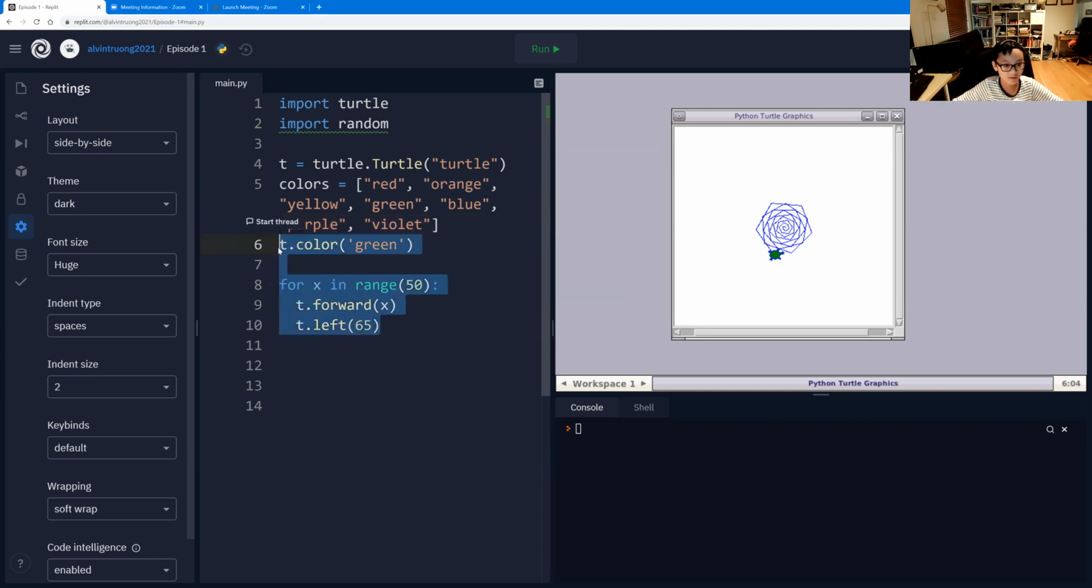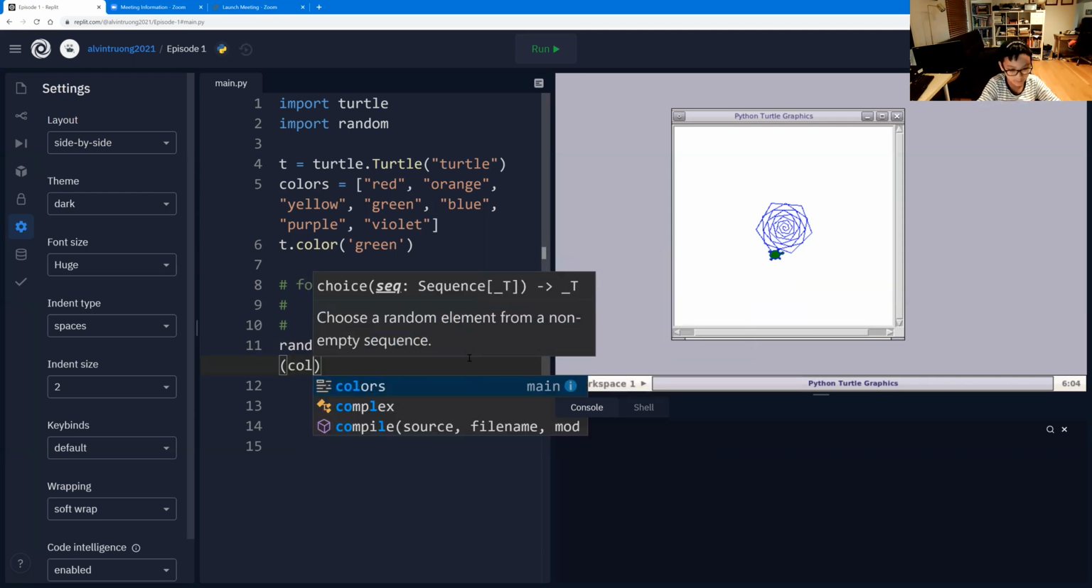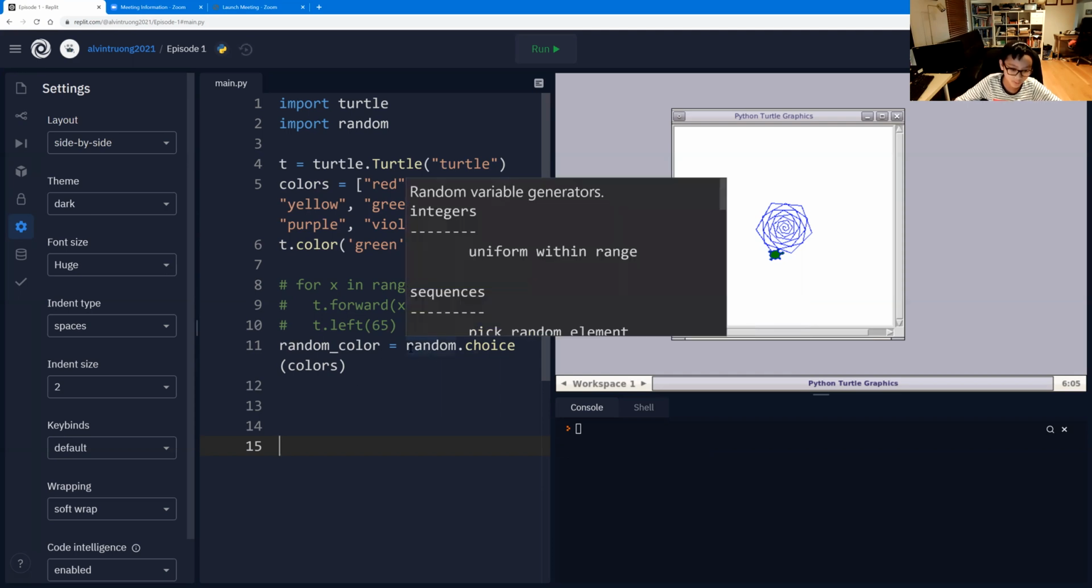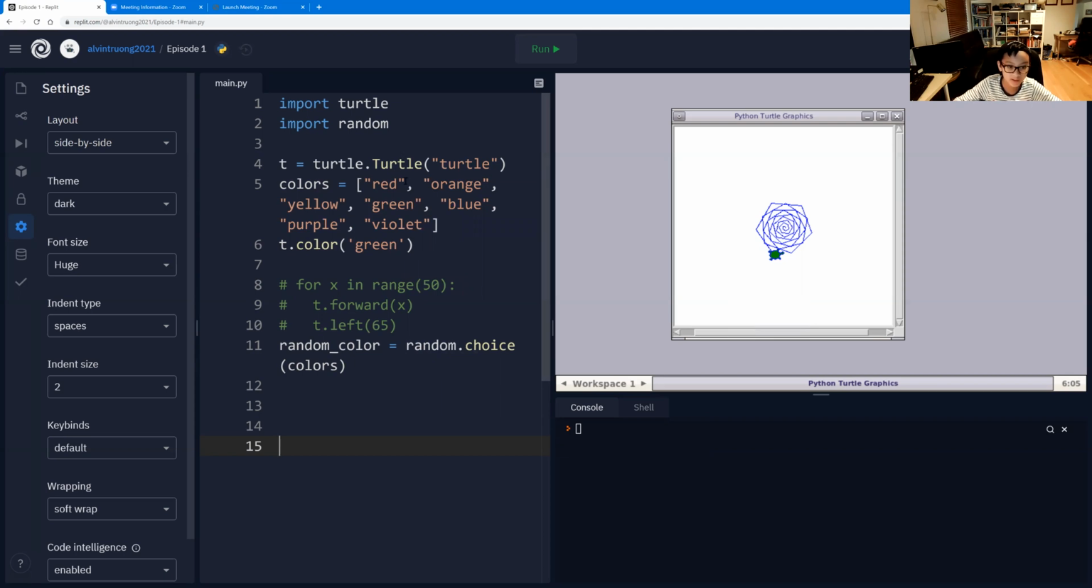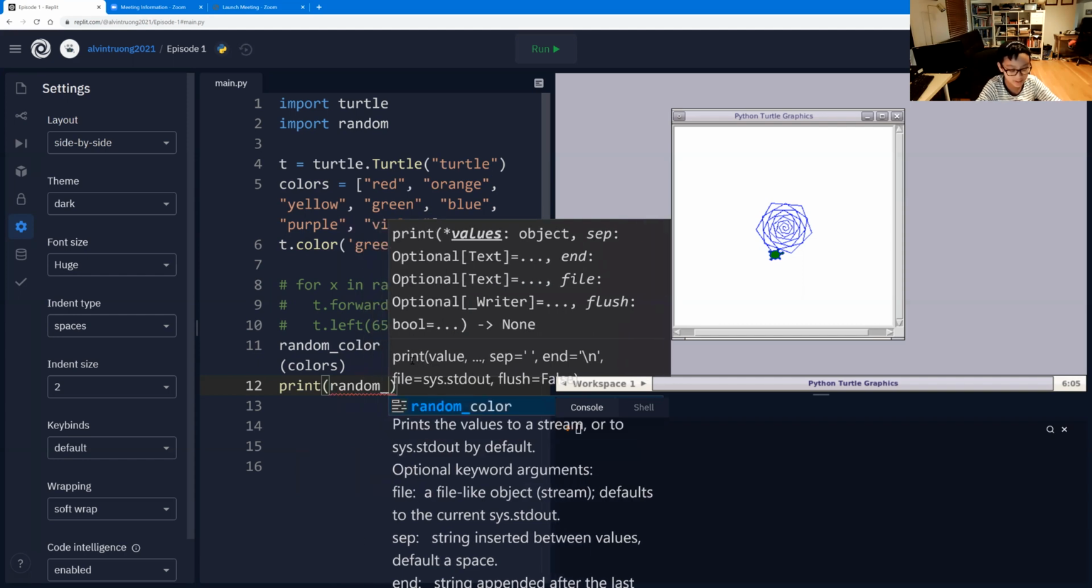So if we comment this entire thing out, we can write here, random color is equal to random dot choice colors. And what this will do is random color will be a random color. So it would pick out a random choice in this colors list, a random item. So we can go ahead and print random color using the print statement